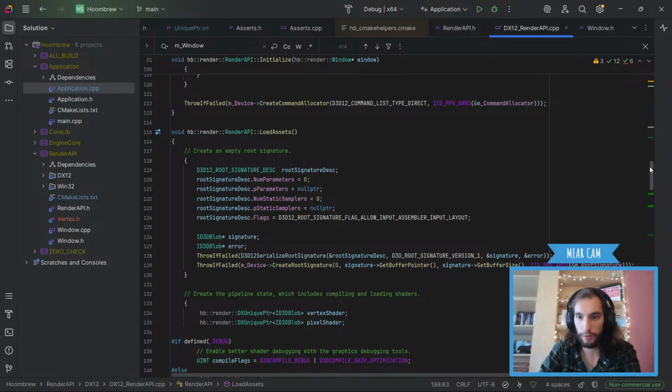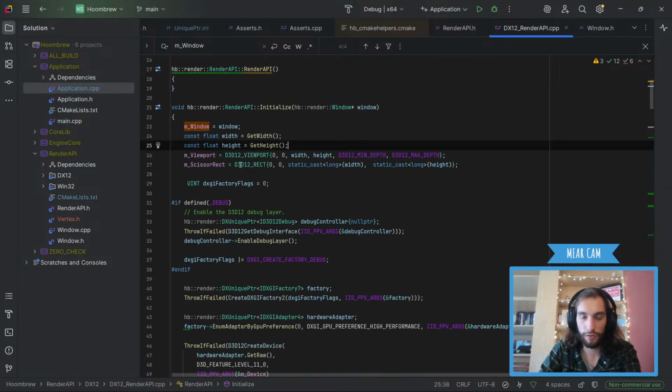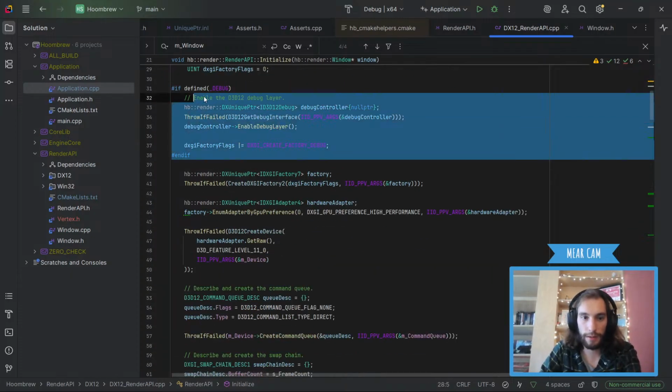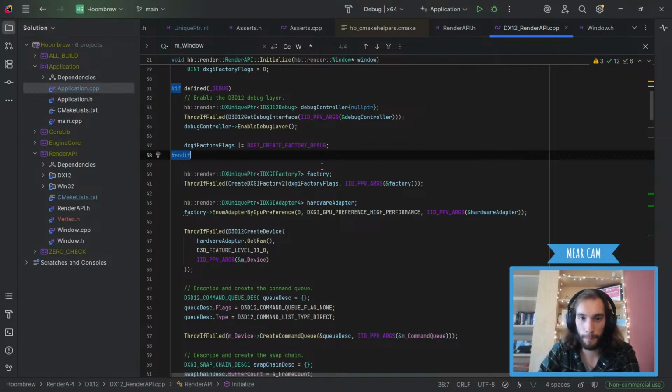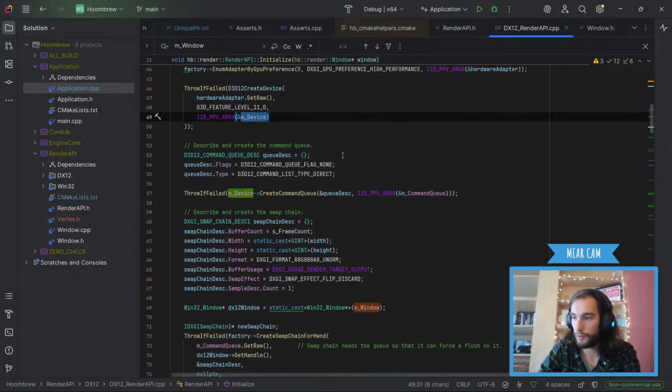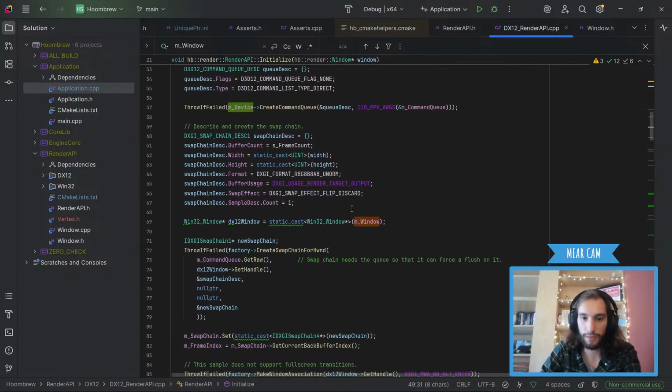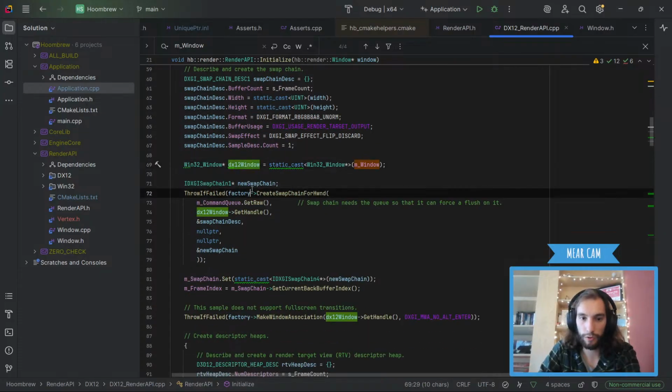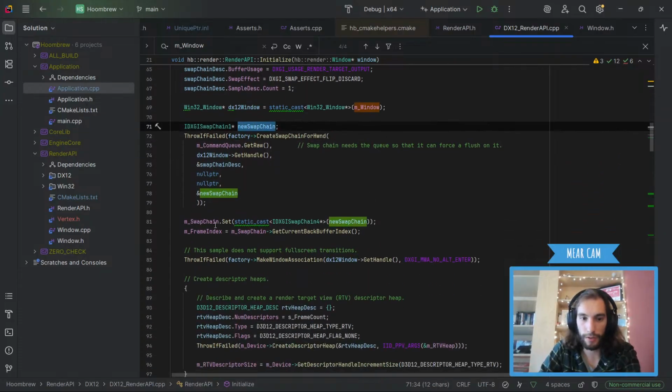So what else do we need to do? Initialize just sets up the viewport and the scissor rectangle, which is also just width and height. Okay. Debug layer, which is fine. Now we make a factory, and the factory we use to make the device. That's also all still needed. That's not specific. Then we get the window to make a swap chain, and we put the swap chain in a swap chain.